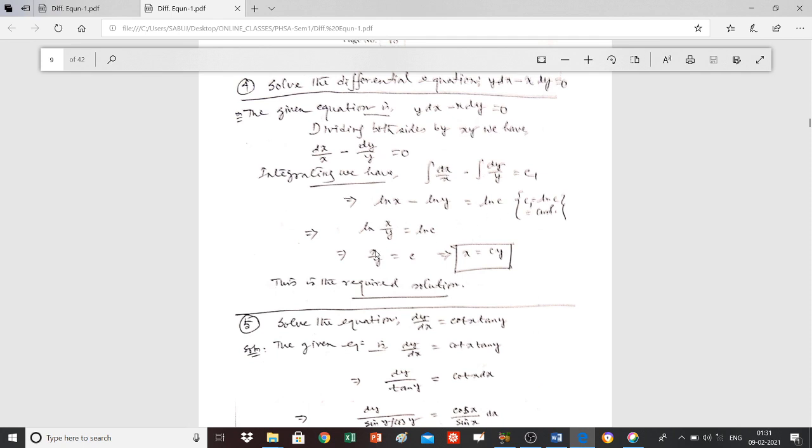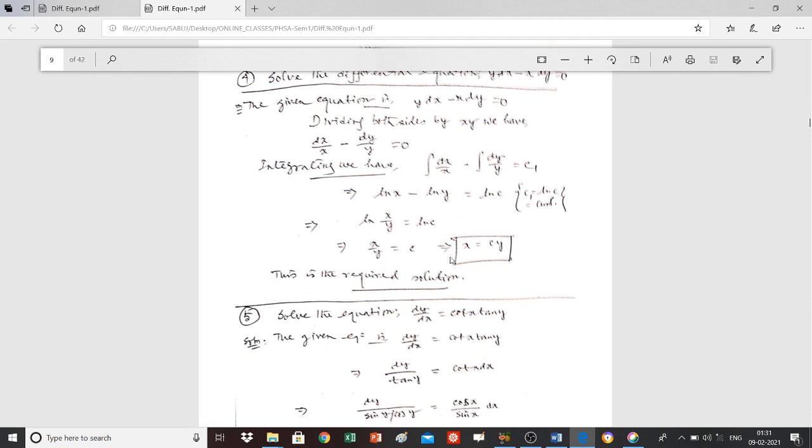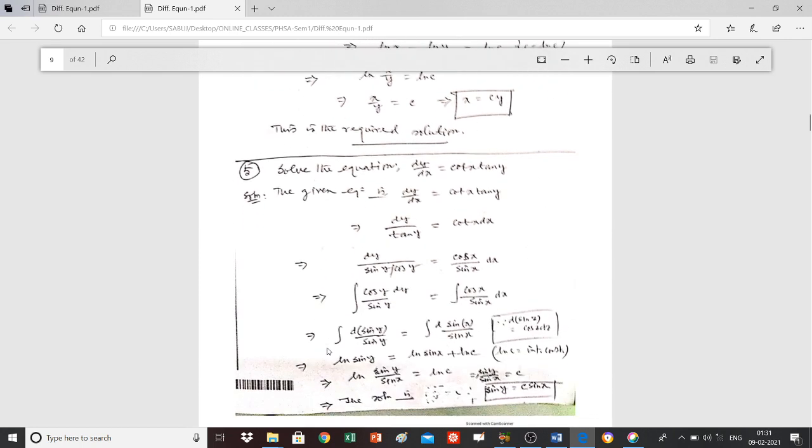All the steps are given here. So finally we obtain x is equal to cy. And next, another problem: solve the equation dy by dx is equal to cot x